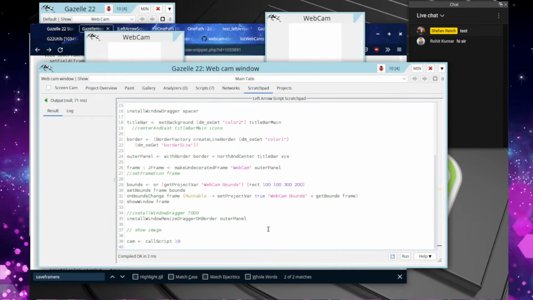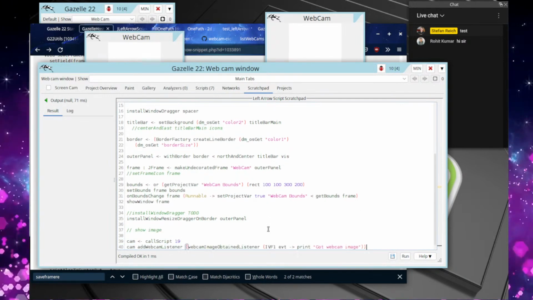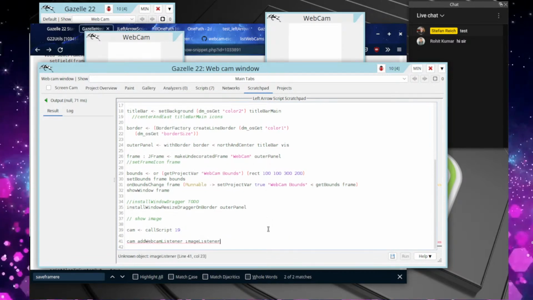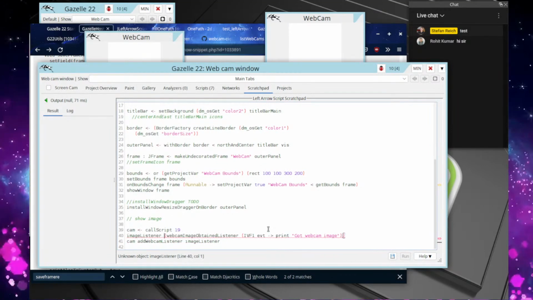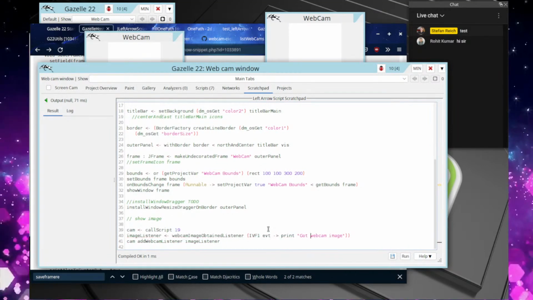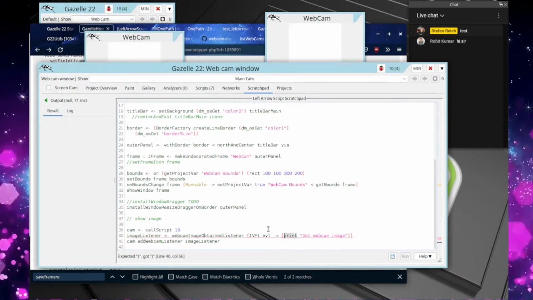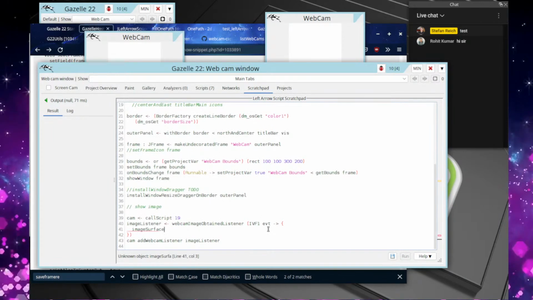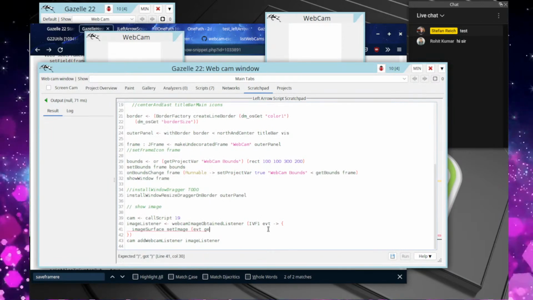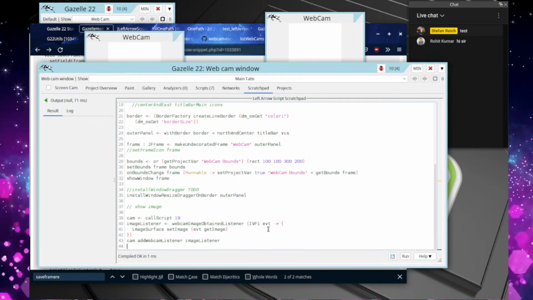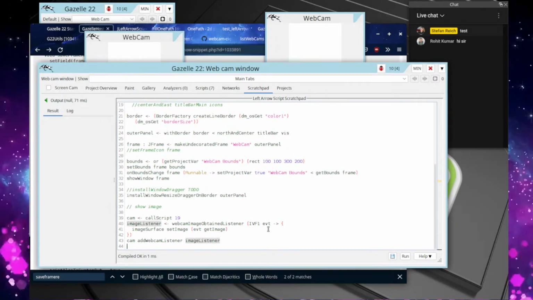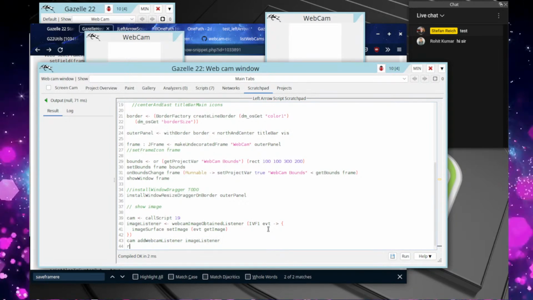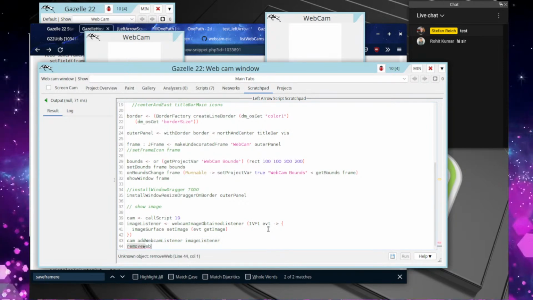Change. That's our listener. And basically, we just forward the image to the image surface. And to be complete, we want to remove the listener again when